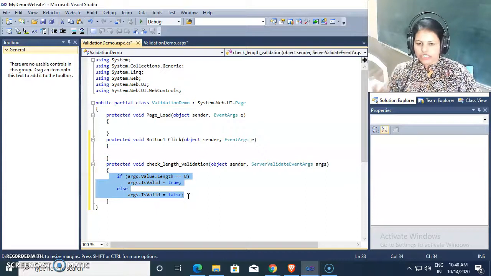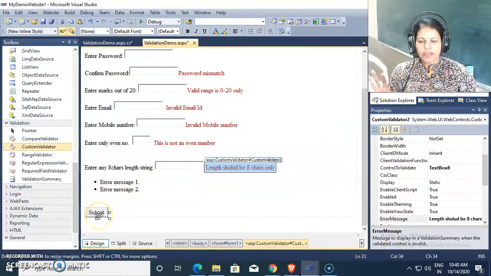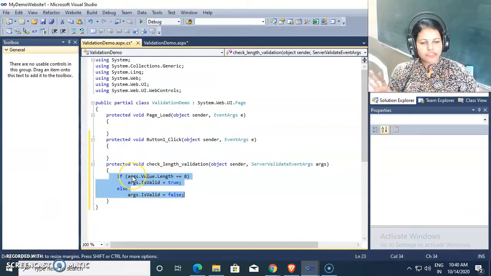So when you click on this submit button, only then this function will be executed, and that particular error message will come or not, depending on the length of that particular field value given by the user at runtime. So this is the server side validation, and we are writing one server side validation function inside C#.